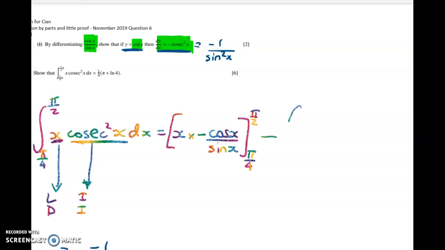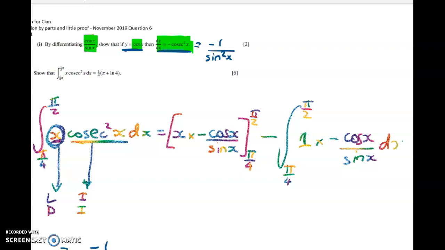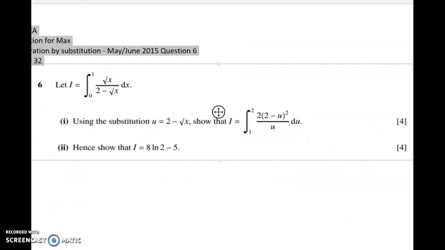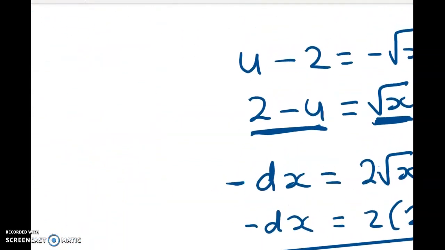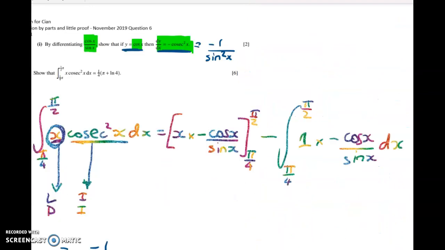And then I'm going to subtract the integral at the same limits. I'm differentiating now. I'm going to differentiate my x and get 1, and I'm going to integrate cosec squared and get negative cos x over sine x dx. Now this is where you really see the benefit of leaving it like this, because it's pretty obvious straight away now that to integrate this, I'm going to get a log. So keeping on going,